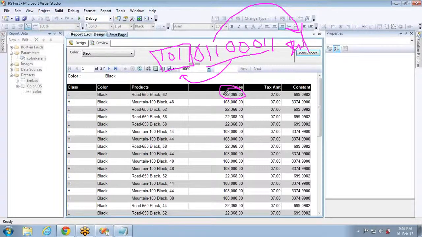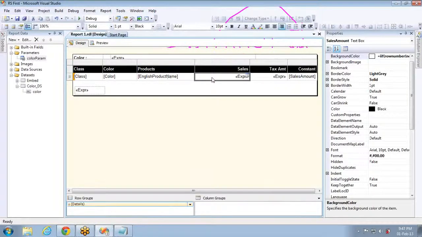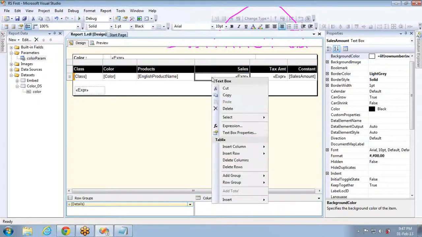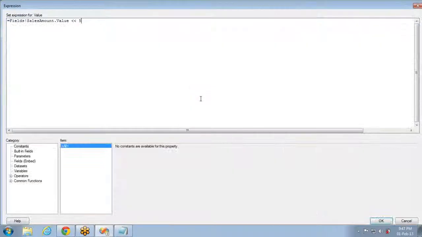In real time, I have worked on so many projects, but I've never used this option. That's why I'm saying this one is not of high priority, unless you are working on some mathematics, tan, cos, theta, all those kinds of things. You don't need these bit shift operators. So this is about the different operators.